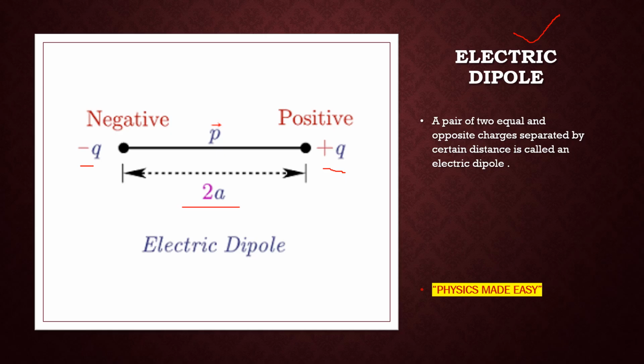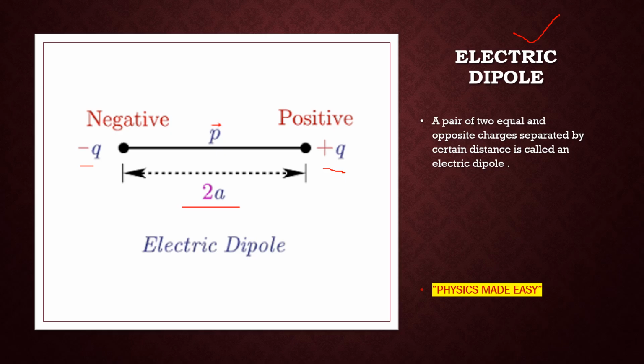It is also clear from this example that we take the two charges minus q and plus q, and they are separated by the small distance 2a. This distance 2a between the two charges is known as the dipole length,